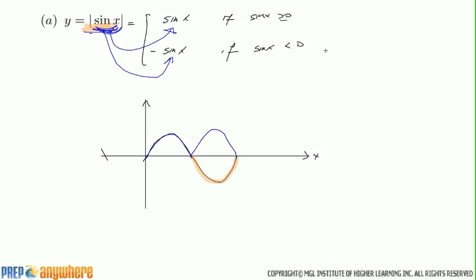The period was 2 pi. So the next question is, is the period still 2 pi? And it's not, because look at how long it takes to finish one cycle. How long does it take to finish one cycle? Pi. Yes, pi. It's pi, because the next cycle is exactly the same. So the period changes. So it'd be